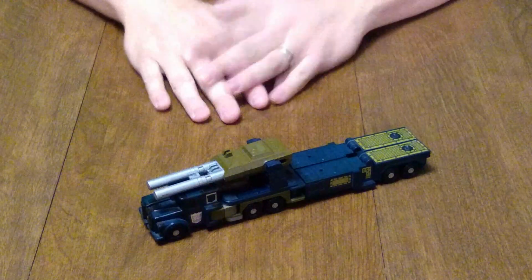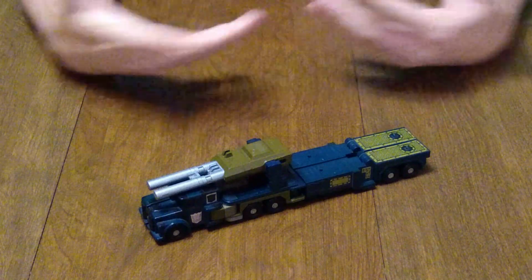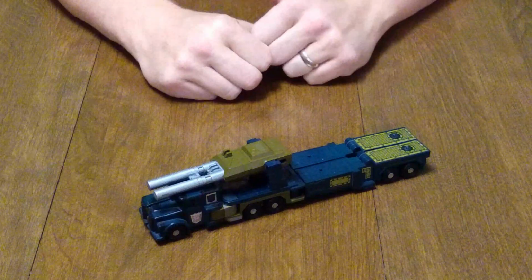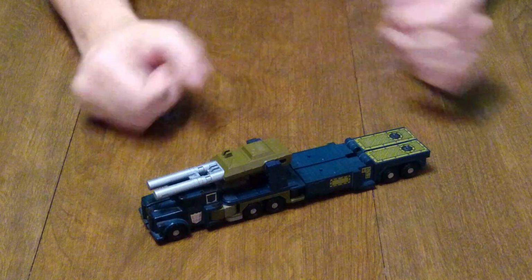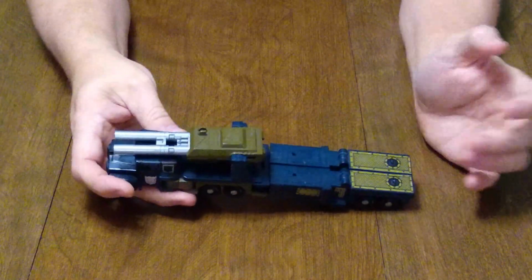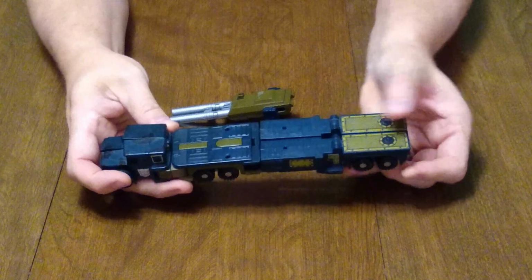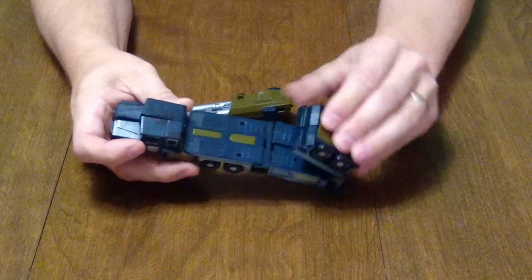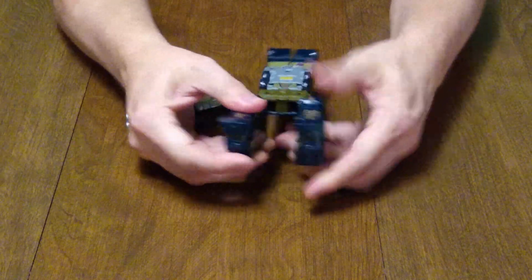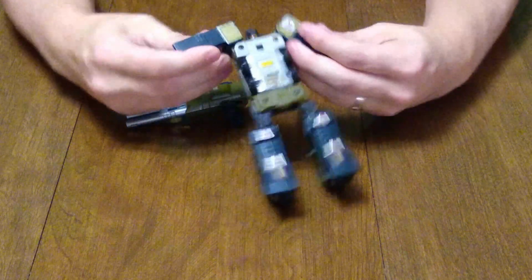Okay, this is Onslaught. He is the main component of Bruticus. I guess you could kind of consider him the leader of the Combaticons, but he was the main component. Transforming him is pretty straightforward. First thing you want to do is pull his gun off. The legs flip forward like this, and then you'll notice you've got his legs kind of spread out here and pull down, and then his arms spread apart here,